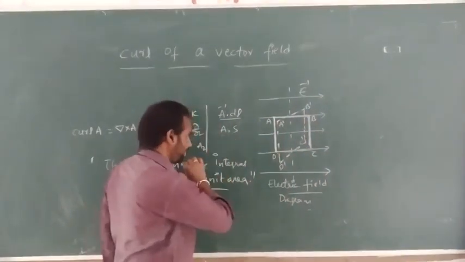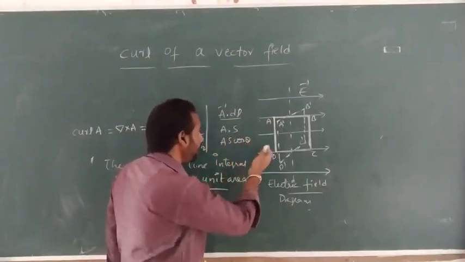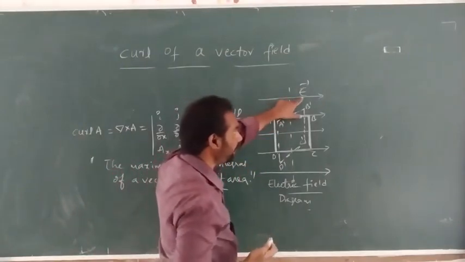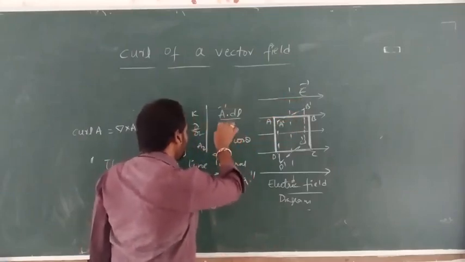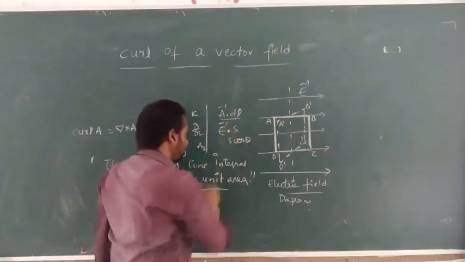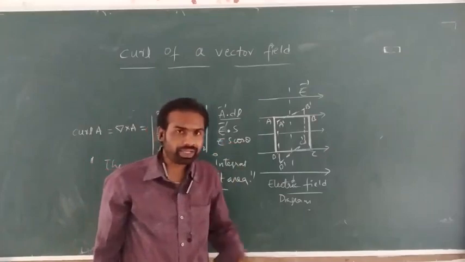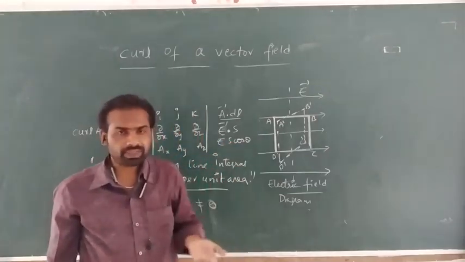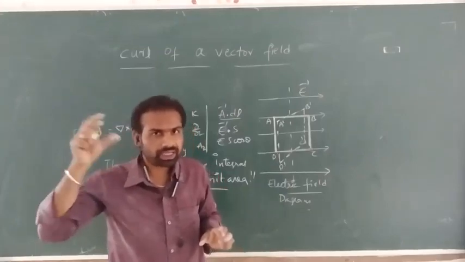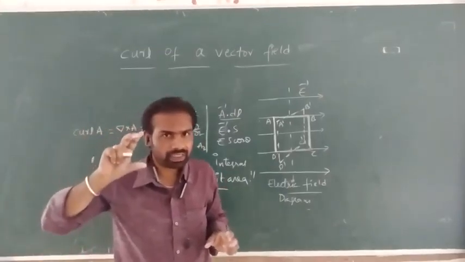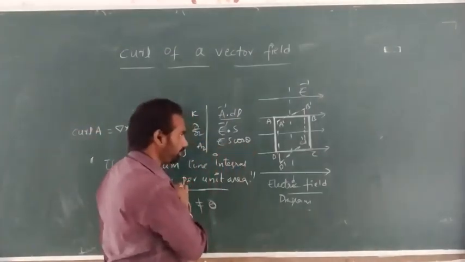Now, A dot S is nothing but AS cos theta. But here, instead of A bar, we are taking the electric field E bar. So E bar dot S is nothing but ES cos theta, according to the definition of flux. What is the definition of flux? It is simply the dot product of the electric field and the surface, or the dot product of the electric field and length. So here, ES cos theta.